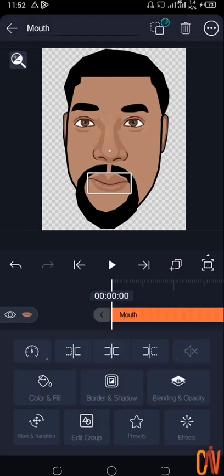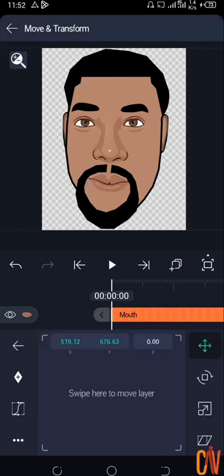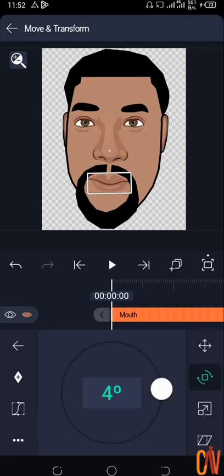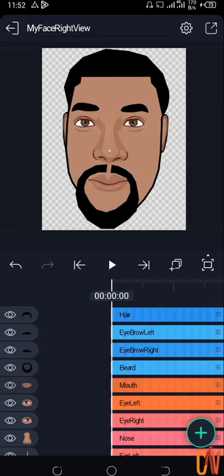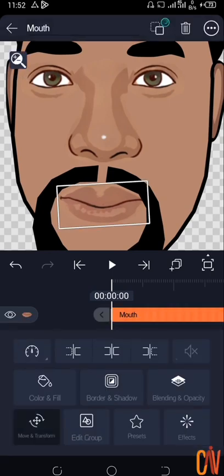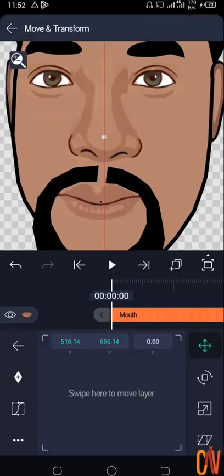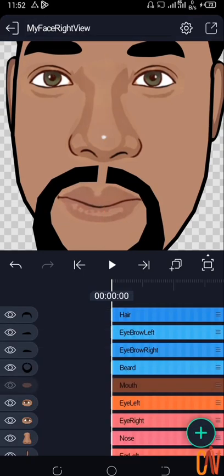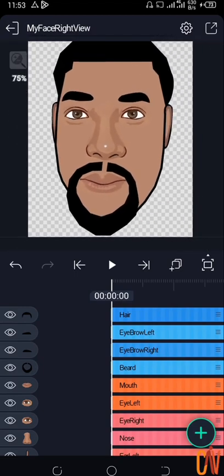This lip, I need to rotate the lip a bit. Tap on it, rotate it a bit. You can see it's even entering into the beard. So tap on the mouth and let's move it out a bit this way. Okay. Now the next thing we want to do is to get